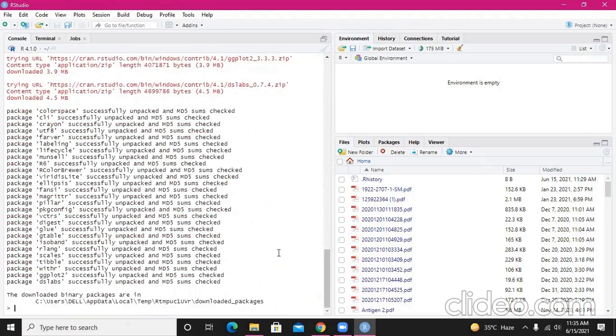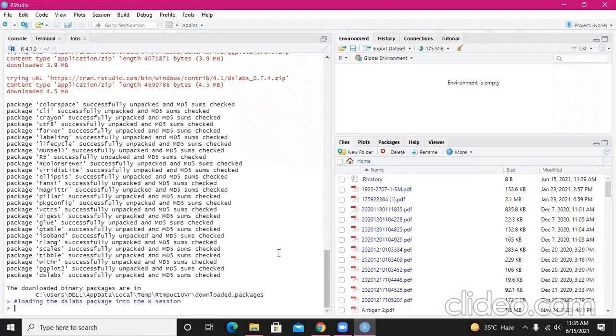अब दोबारा जाएं अपने एंड पे। अब हमने नेक्स्ट क्या करना है, हमने पैकेज को इंस्टॉल कर लिया है, उससे हमने डेटा को एक्सट्रैक्ट करना है। सो अब आपने लिखना है हैश टैग लिखें, हैश टैग loading the ds lab package into the R session, ठीक है। सो अब हमने इसको इंटर प्रेस करें, इसने कुछ नहीं करना,